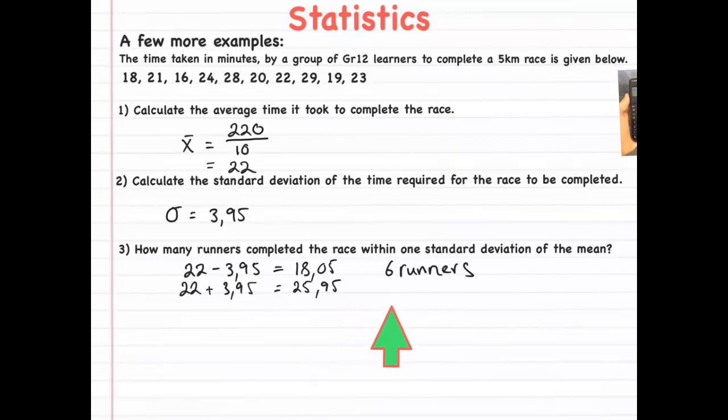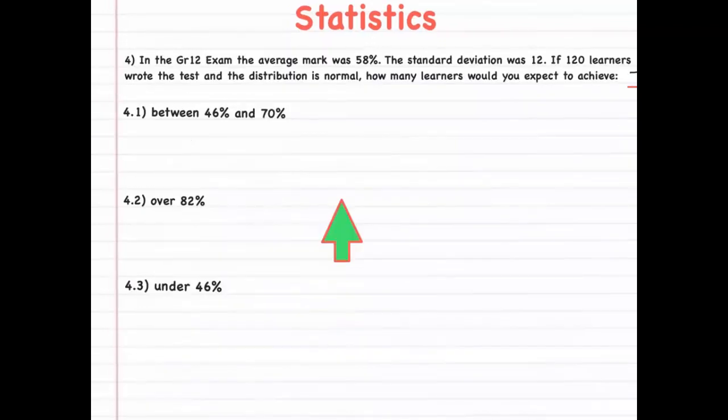What if they ask us, we have to calculate how many runners completed the race within 2 standard deviations of the mean? That basically means we're just going to subtract that value twice. We're going to add that value twice. We get a new range, and then we go and see how many of the learners fall in that new range. And that is really that easy. So let's go and try one other example so that you can see if you clearly understand what the standard deviation means. Now in this example, we have grade 12 learners who wrote an exam and the average mark was